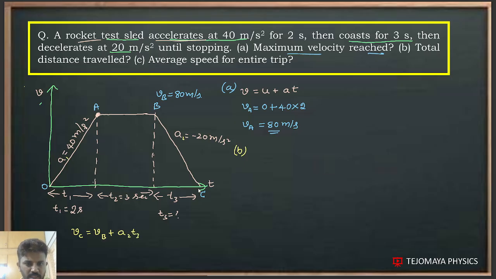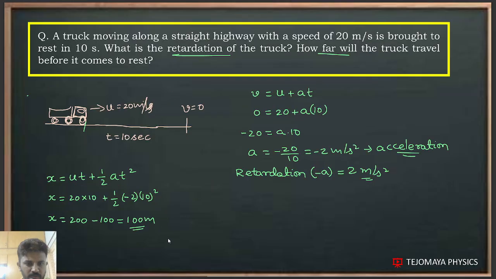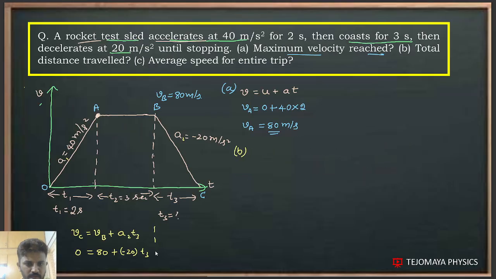T3. What is the velocity at C? 0. What is the velocity at B? 80. Plus acceleration minus 20 into T3. So T3 is equal to minus 80 by minus 20, which is 4 seconds. Now here, if we calculate the total distance traveled, let me take S is equal to